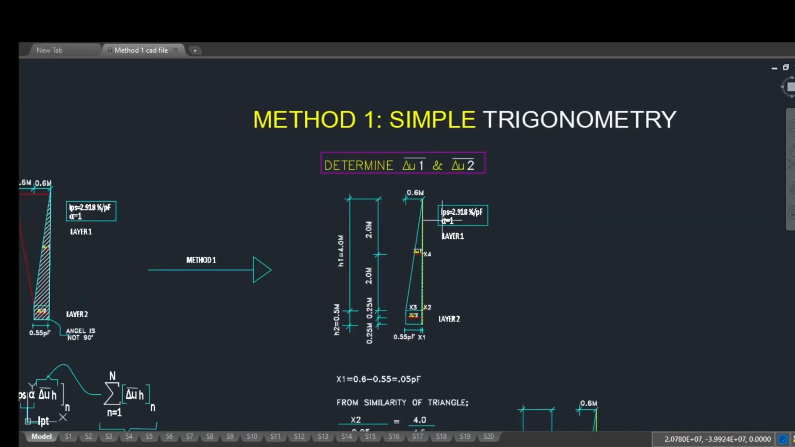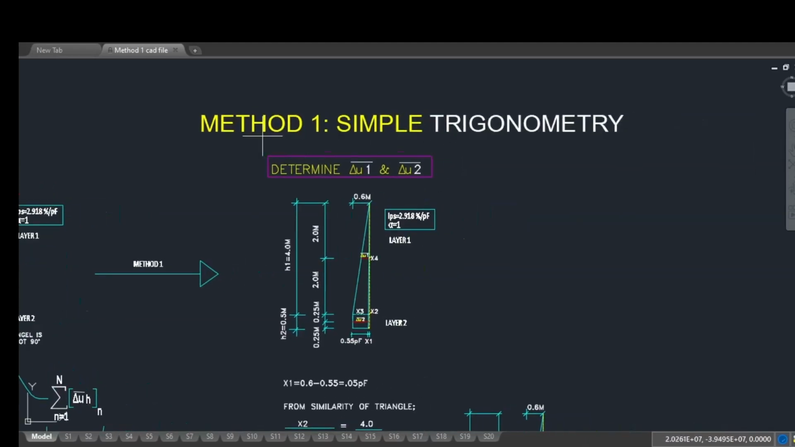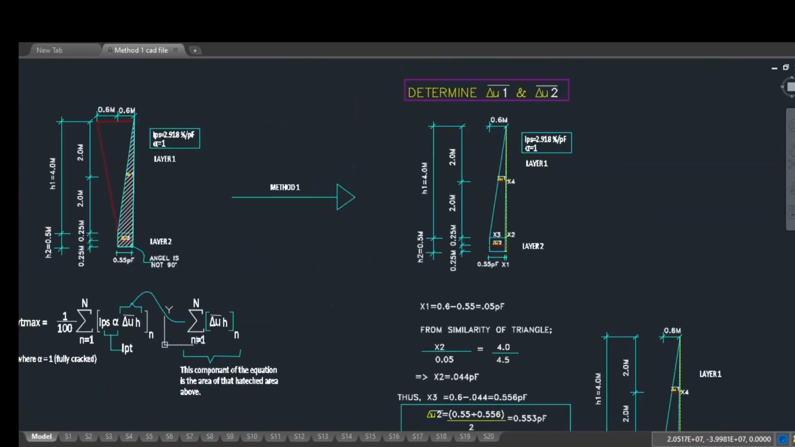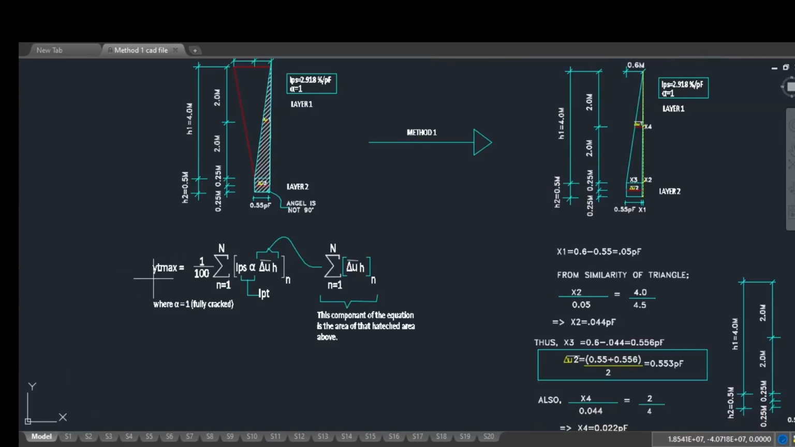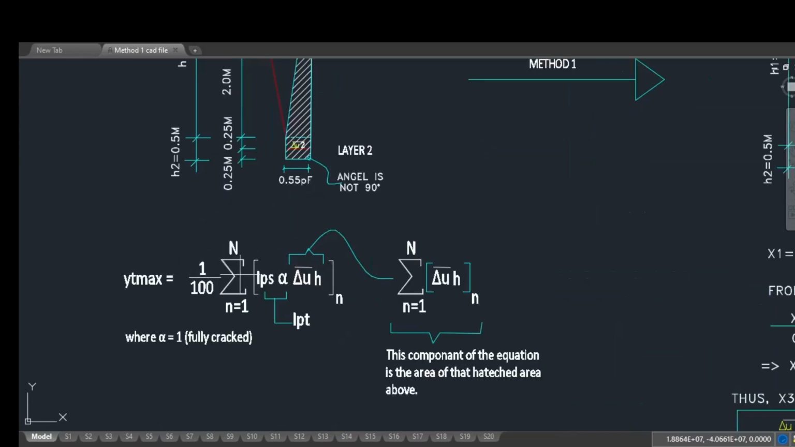The first method is called the simple trigonometry method. We will be utilizing a lot of similarities of triangles. Now, before we proceed to method 1, I would like to refresh our memory on the equation of evaluating the ytmax as shown here. If you remember the IPS value, which is the soil shrinkage index, then we multiply that by the alpha factor,